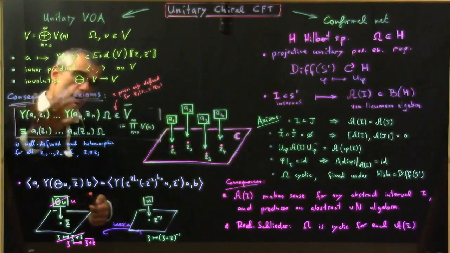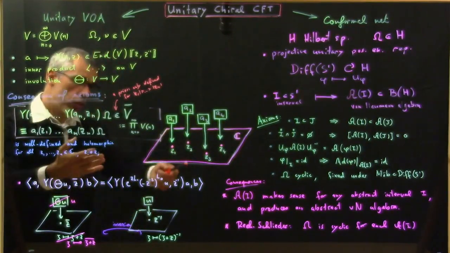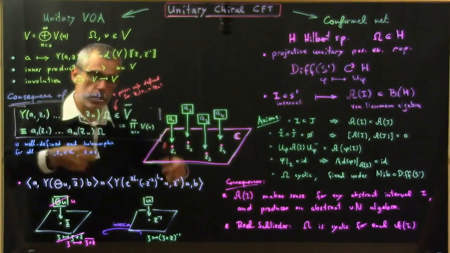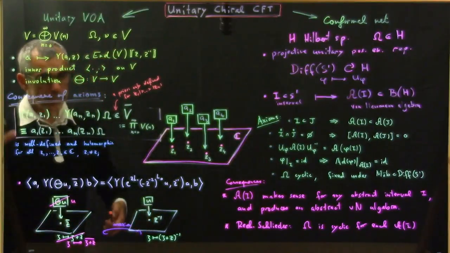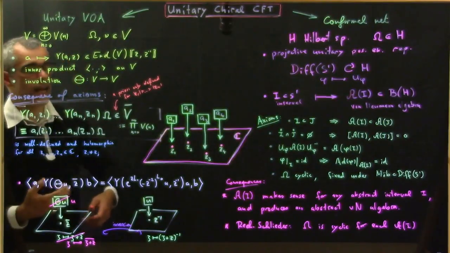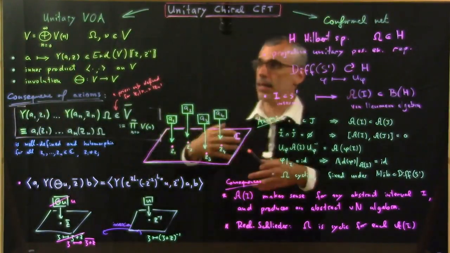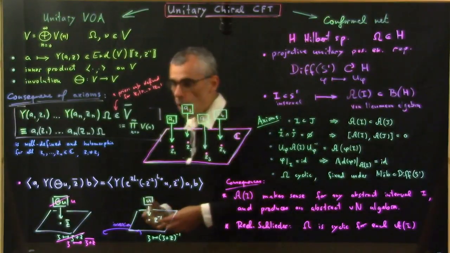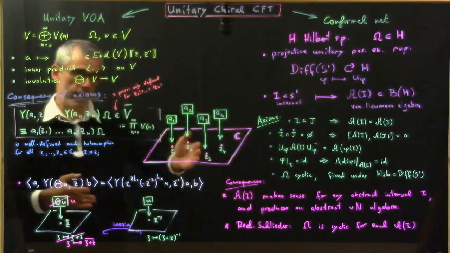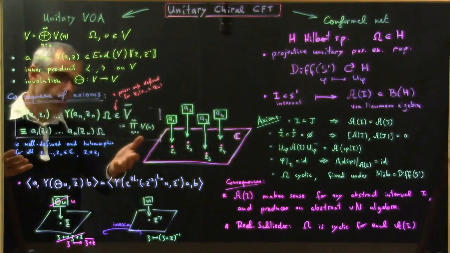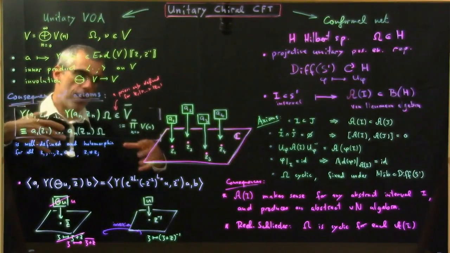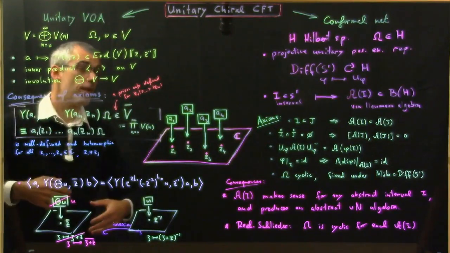And the way I like to think about it is in terms of the complex plane drawn with a bunch of points and then the fields inserted at these points. And this V-bar valued holomorphic function really contains essentially all the data of a vertex algebra. And so if starting from a conformal net, I'm able to build these collections of holomorphic functions, then it's only a matter of checking some axioms, but then we have essentially constructed a vertex algebra.